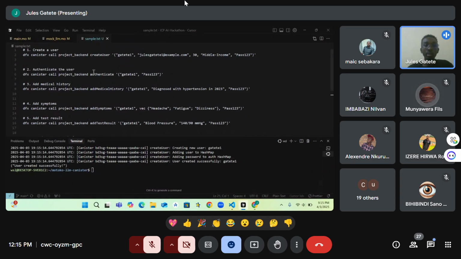And I will check the user authentication to see if the user is already in. Checking it, it says